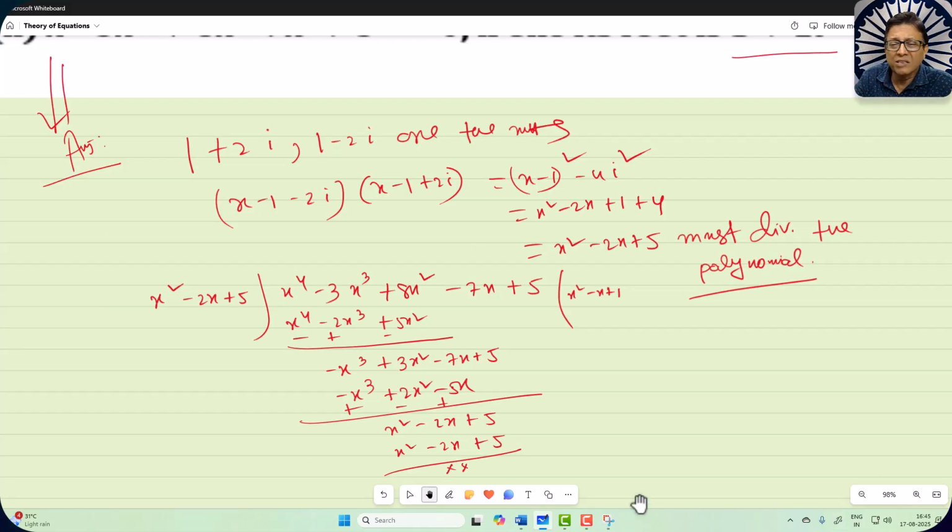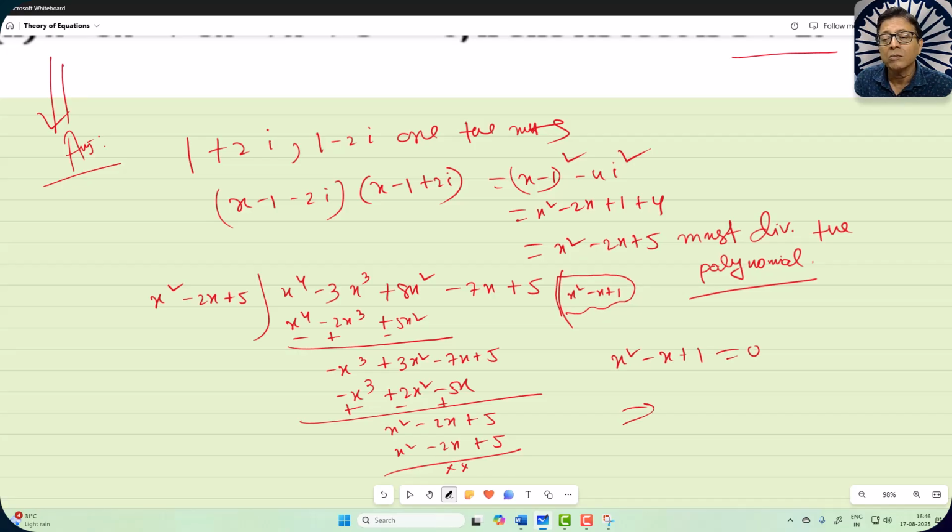See the long division, this you also can do. You divide by x square, then minus x, and then plus 1. No remainder is there. So again you need to compare the quotient, that x square minus x plus